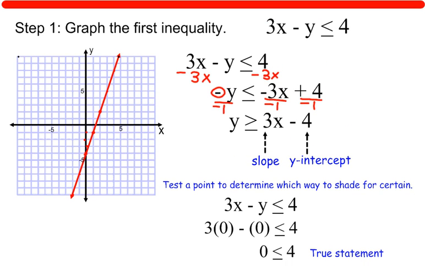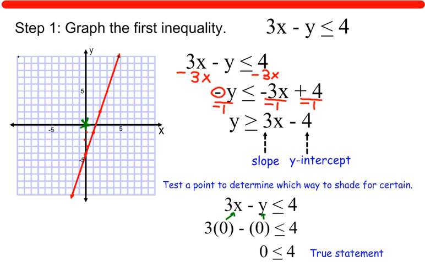Now, this is where it is slightly different from just a straight equation. There are lots and lots and lots of points, combinations of x and y values, that would make the y be bigger than 3 times the x minus 4. So we're going to test a point, and usually I try to test 0, 0. I do that just because it is an easier point to test. It's right in the middle. When I multiply by 0, it's easy. When I add to 0, it's easy. So what I'm going to do is test 0 for x and 0 for y,